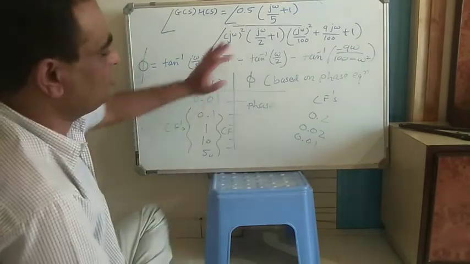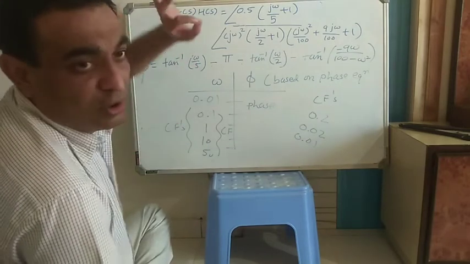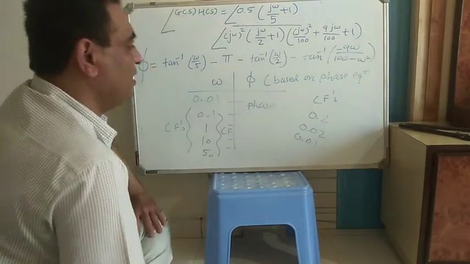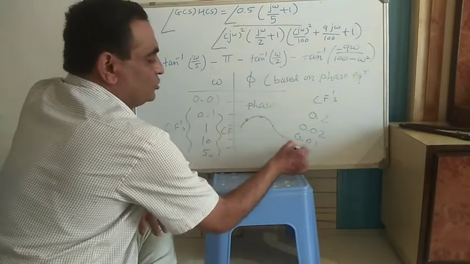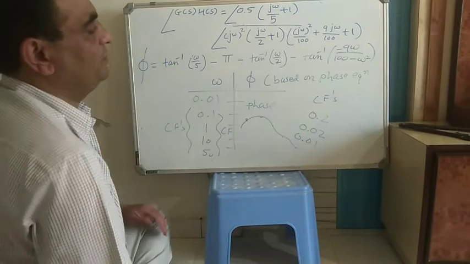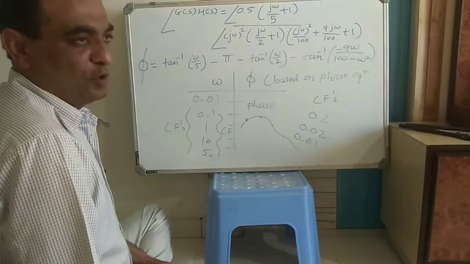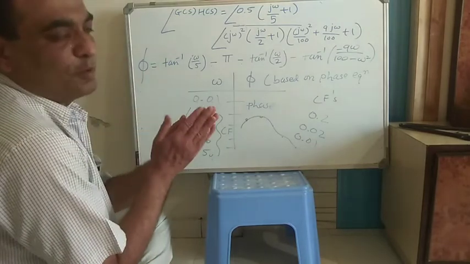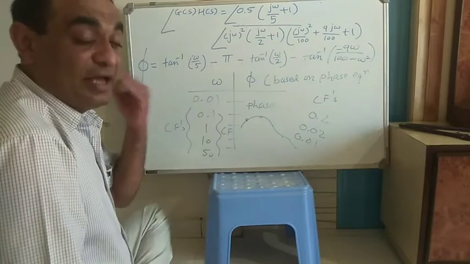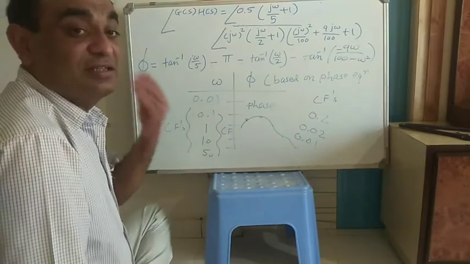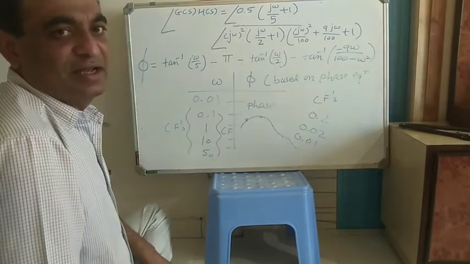Once you calculate the phase, you mark these points on the semi-log graph paper and join them all. So this is the phase plot. Once the magnitude plot and the phase plot are constructed on the semi-log graph paper, then comes analyzing the stability from this graph. That we will see in the next class. Thank you.